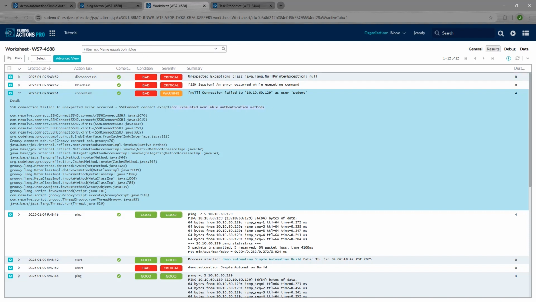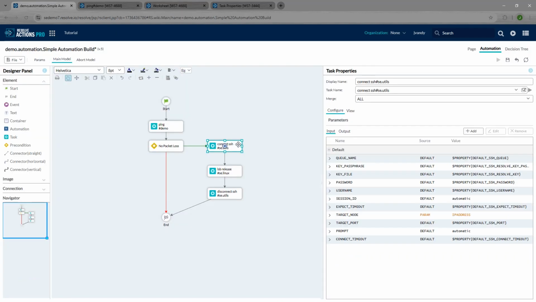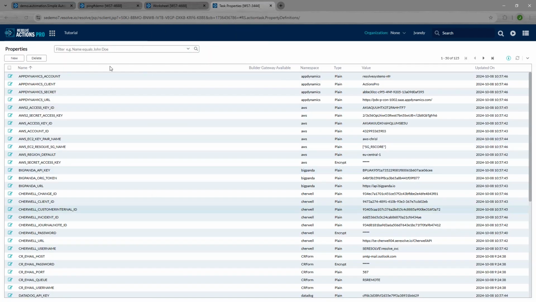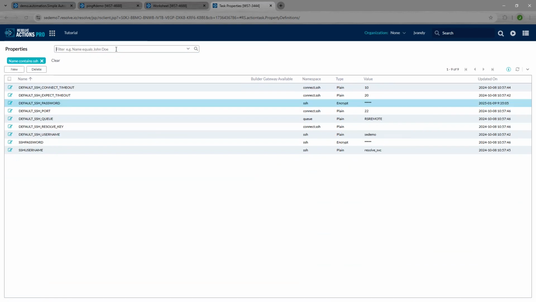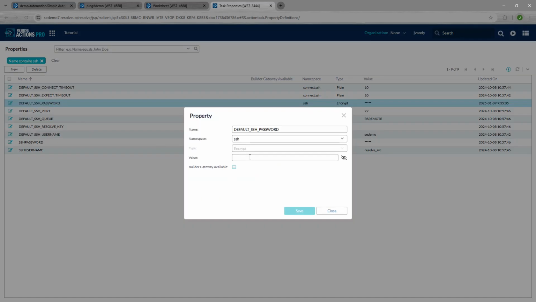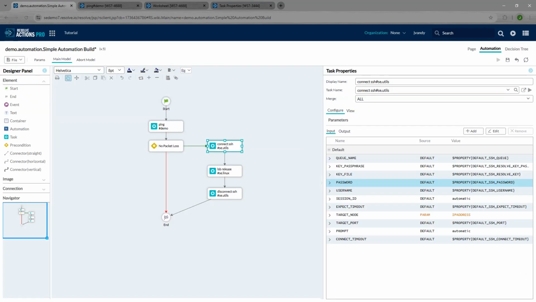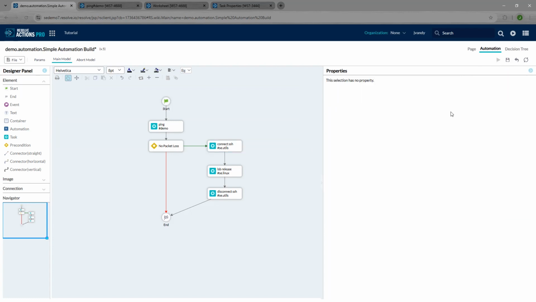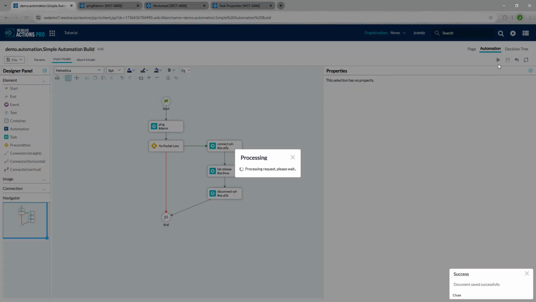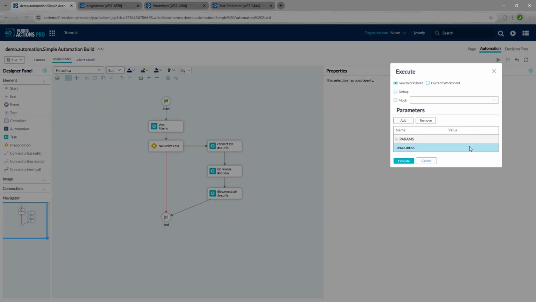So in this case, going back to the automation, we are using a stored property for the SSH username and SSH password. I have properties within the platform, all of these guys, for different connections to different systems. We're going to go in and modify that default SSH password to be the updated one that's going to be able to connect to this particular system. We're going to go back, save it again, and we're going to execute